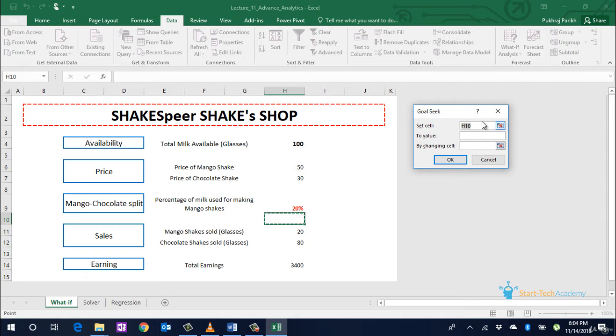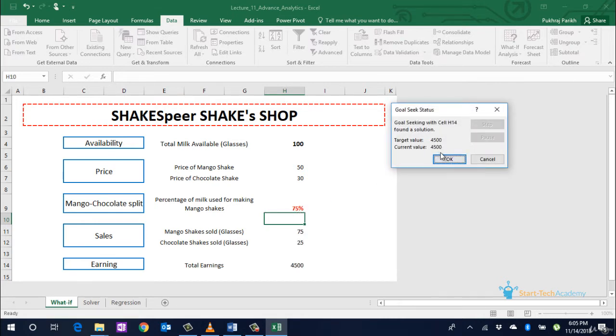You see three options. One is to set the cell, which will be the 3400 value right now, to value 4500, which is my goal, by changing cell, the percentage cell that I have, and click on OK. You can see that hit and trial was done by Excel and it has reached a solution of 75%. So if I sell 75% of glasses as mango shake and 25 glasses of chocolate shake,